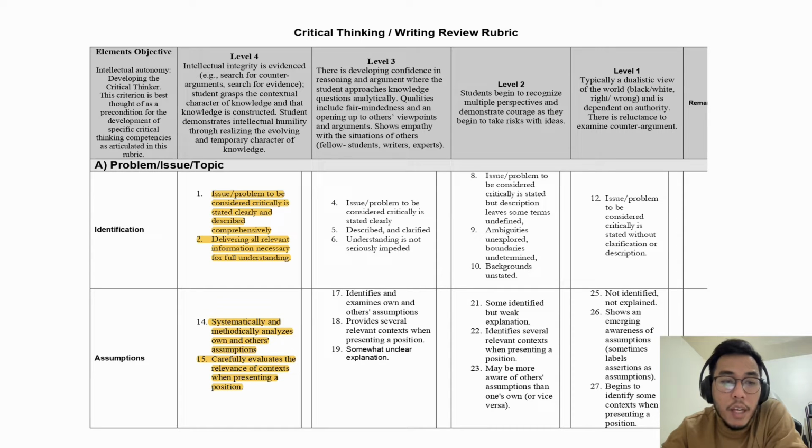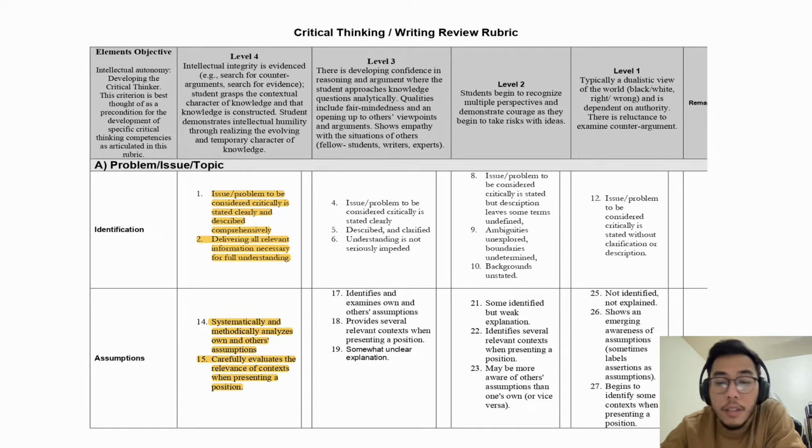First, section A: problem, issues, and topic. The first component is identification. In my paper, specifically in the introduction section, I clearly identified the production issues and some of the problems that the author claims space manufacturers are currently going through. The problems that were stated, I supported with different sources and references in order to fully understand the topic, what the paper is about. On this component specifically, I rate myself level 4.